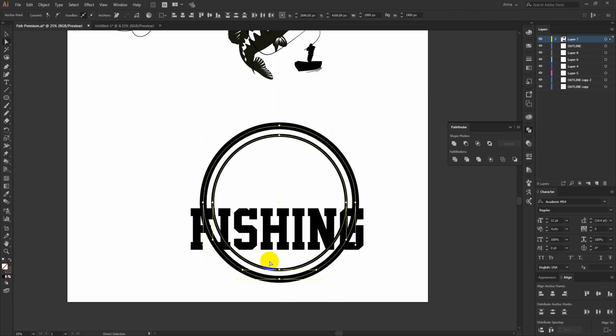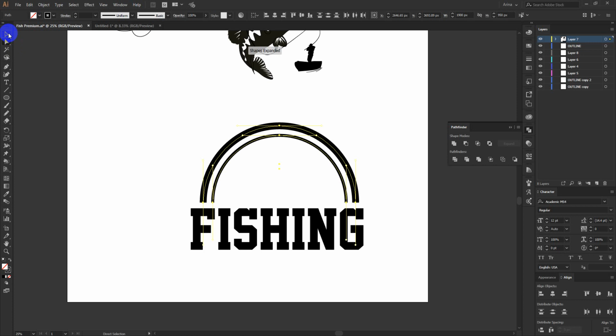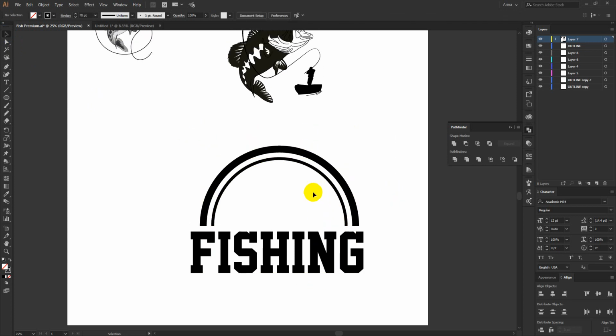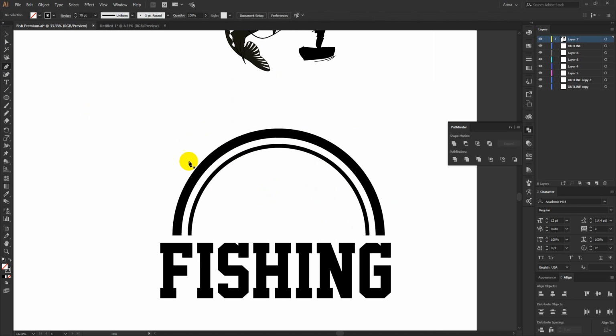Now I am selecting my direct selection tool to erase these lower parts. I can maybe use some, okay, let's just make some simple lines here.